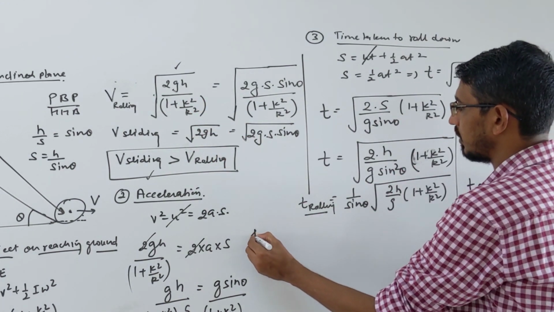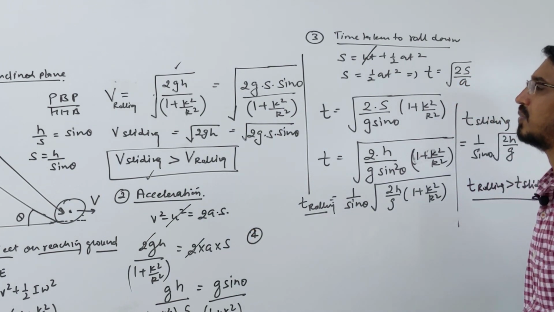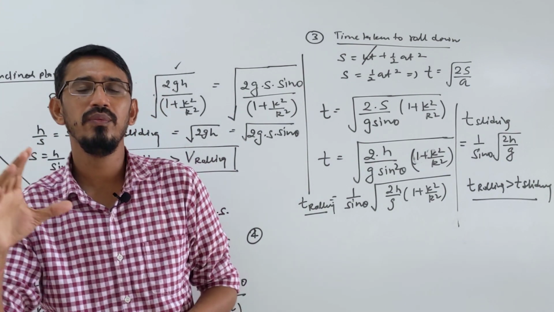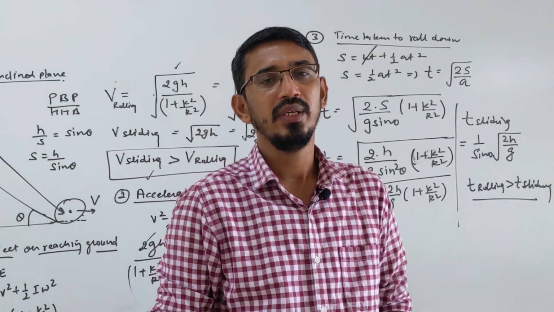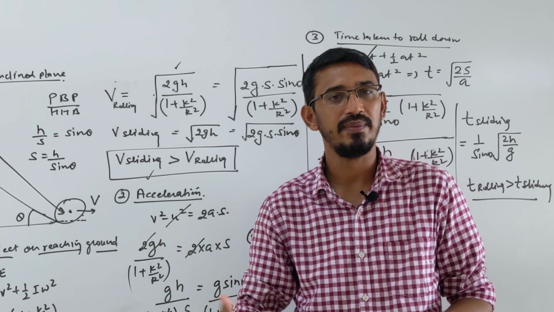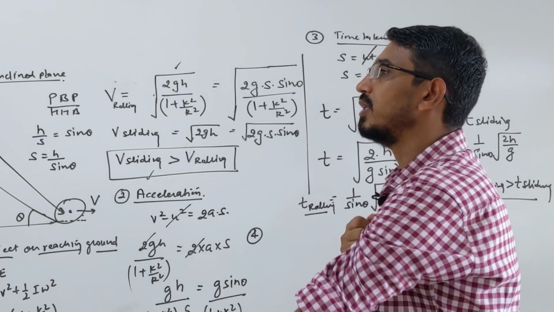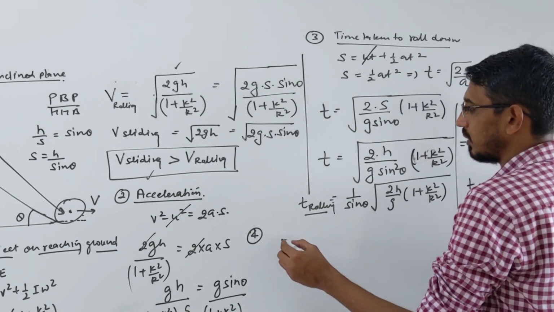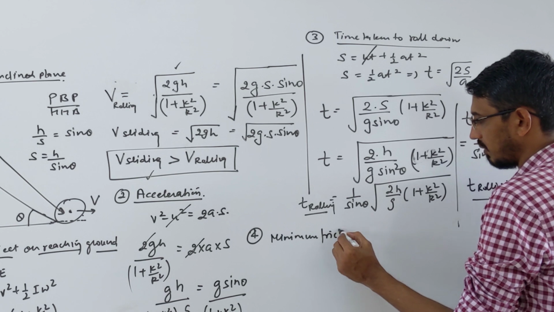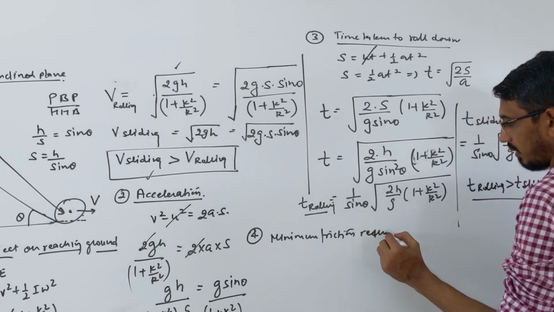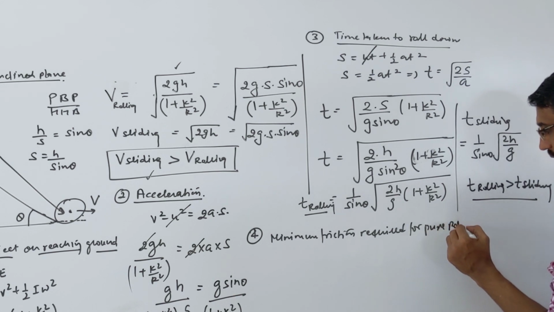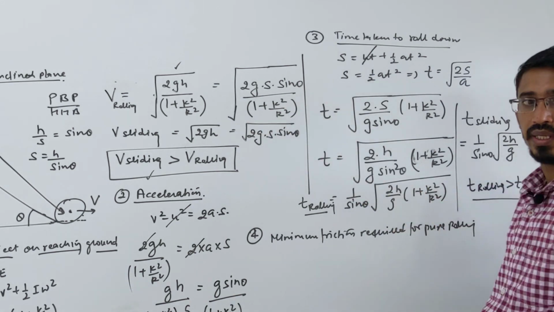One more thing I can tell you here, we do not have many formulas, only this much we have. I told you that when an object is doing pure rolling, we always need friction there. If there is no friction, it cannot roll purely because it will skid or slip on a smooth surface. So we always need friction. So how much do you need? The minimum friction required for pure rolling, on an inclined plane I am talking.